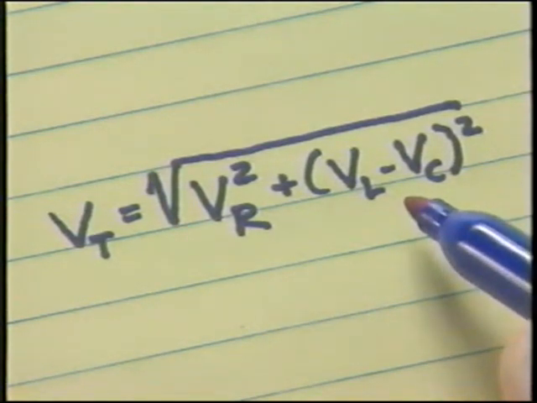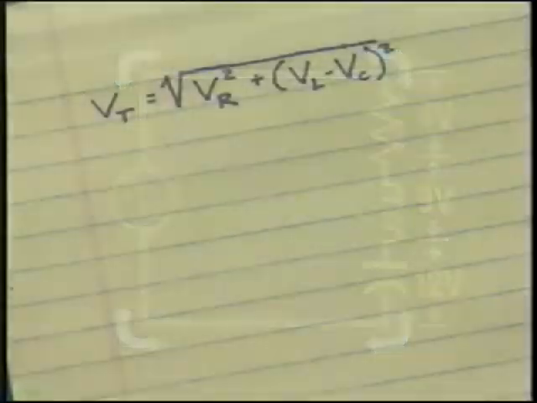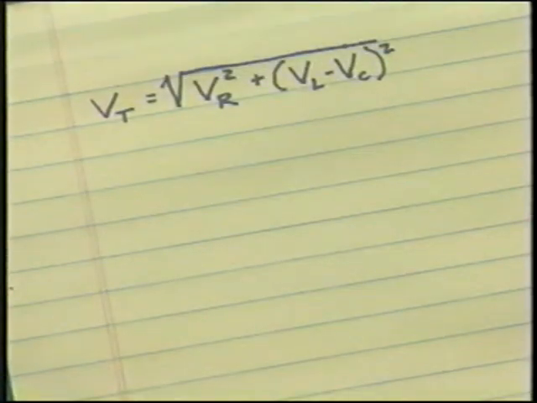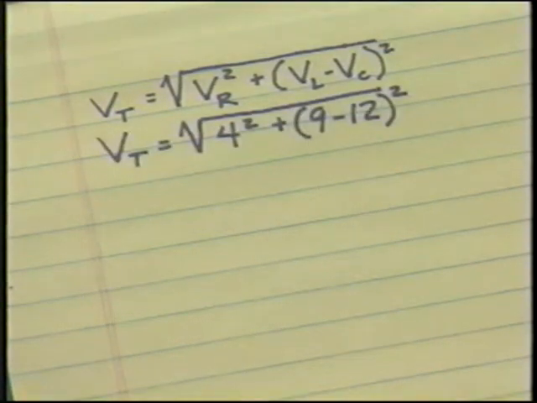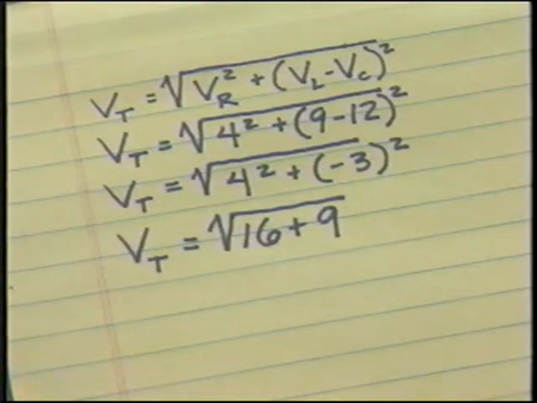C, quantity squared. In an example series RLC circuit, the resistive voltage is 4 volts, the inductive voltage is 9 volts, and the capacitive voltage is 12 volts. Substitute these values into the formula to get V sub T equals the square root of 4 squared plus the square of the quantity 9 minus 12. This is the same as the square root of 4 squared plus minus 3 squared, or the square root of